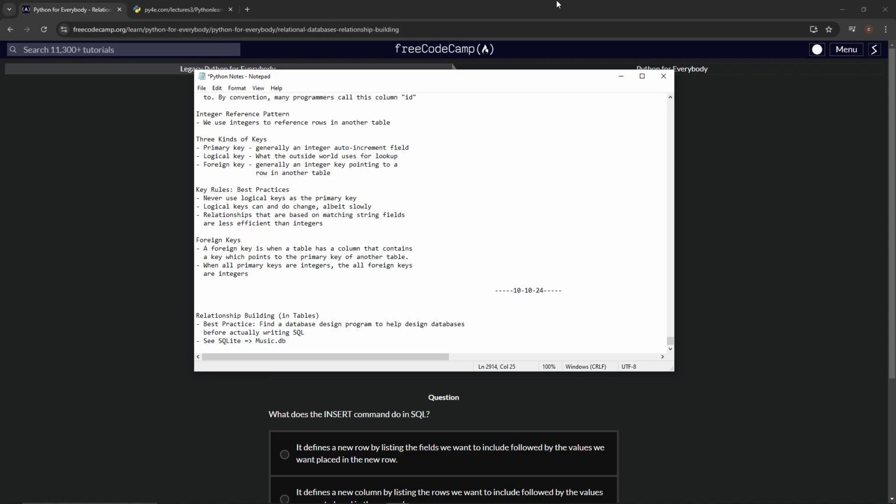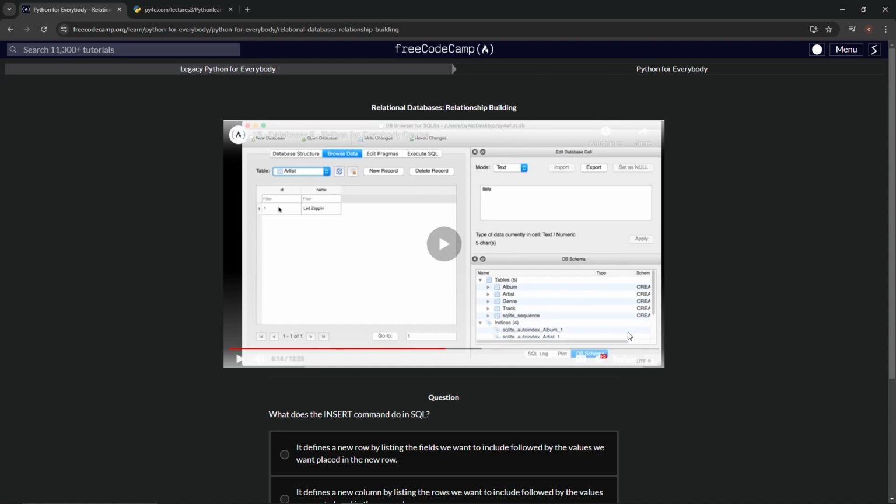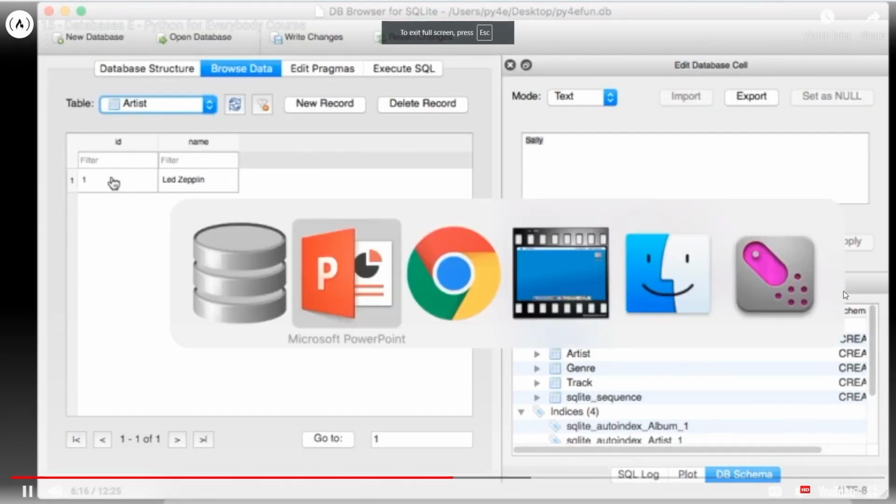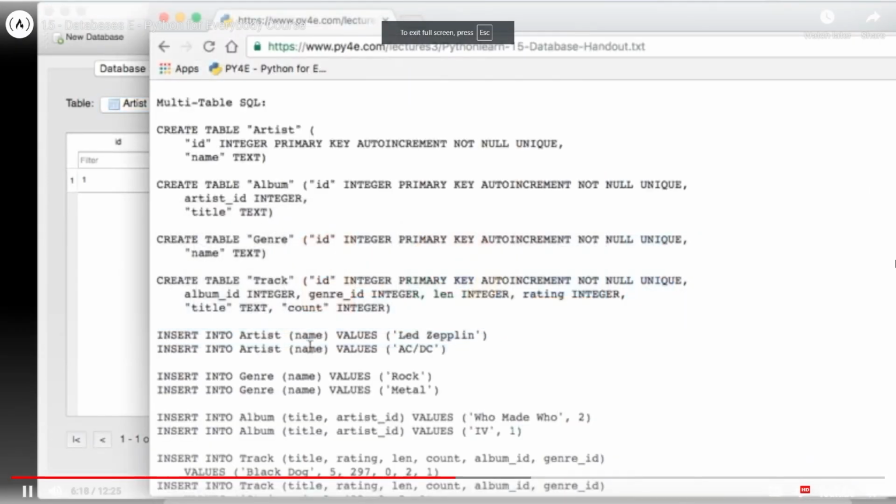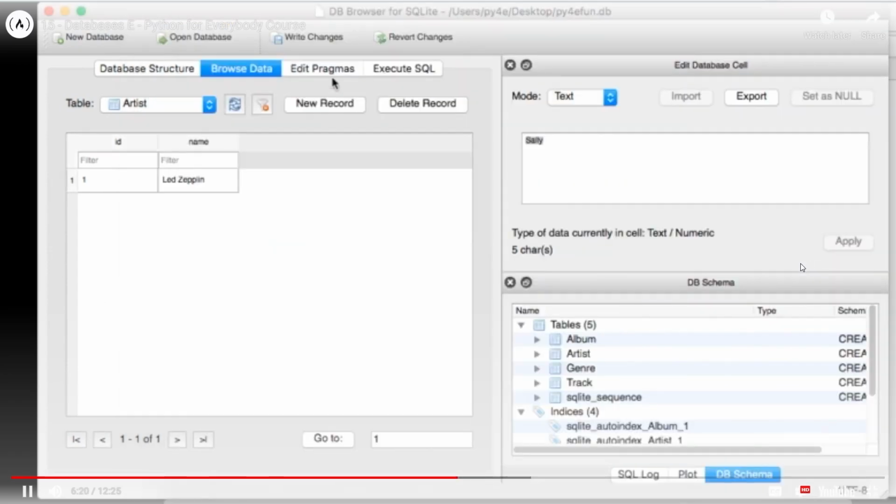Music.db. All right, there we go. It was put there by the database. And now when we do the next insert, which is AC/DC,